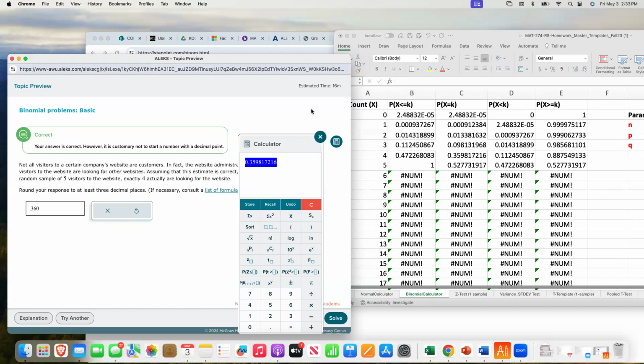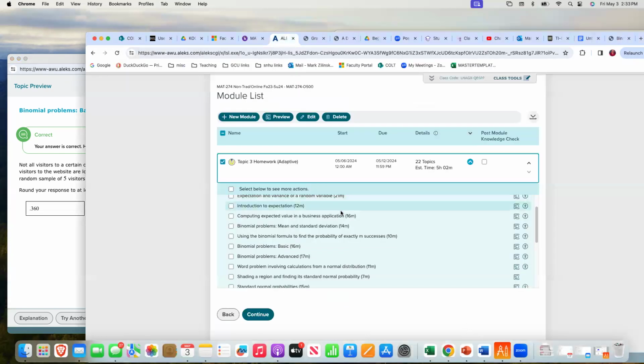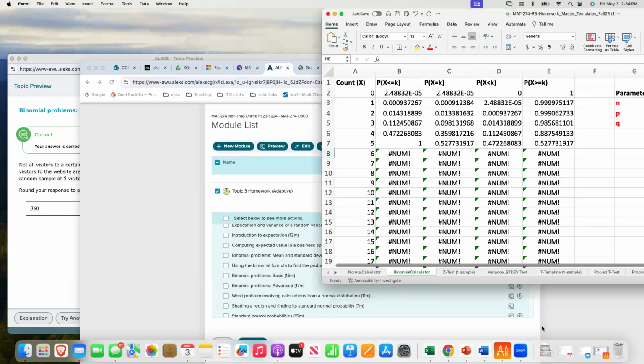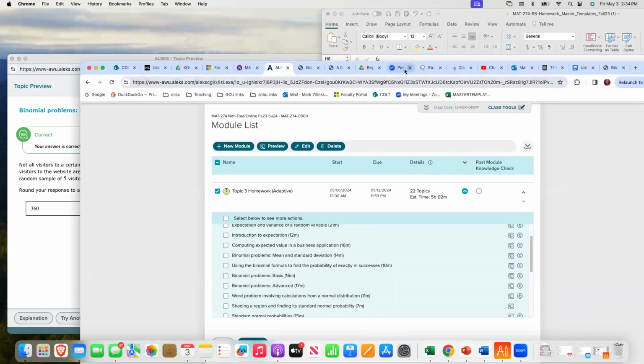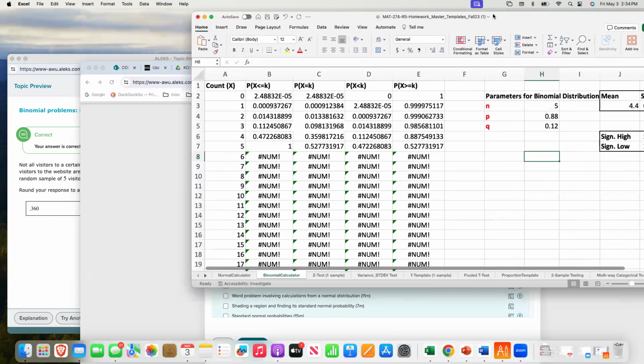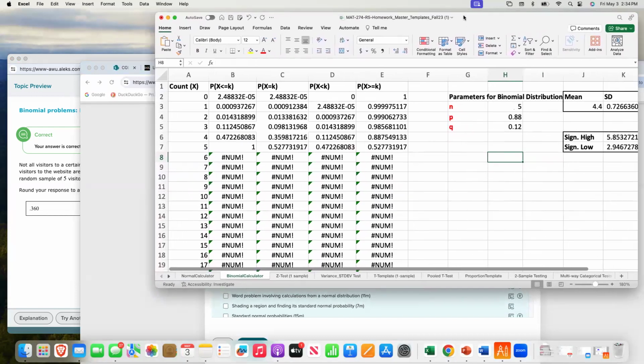Okay. So let's get back into some other examples here. So that was one with the probability of exact. The mean and standard deviation, I'm not even going to go over because, like I said, if you look at the spreadsheet, I covered mine up here. Let me see if I can drag down and get it. Move that up a little bit. So, okay. So anyway, you can get the mean and standard deviation very easily here just by looking at these cells,